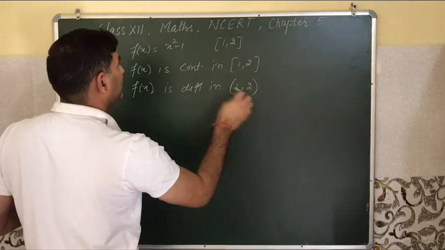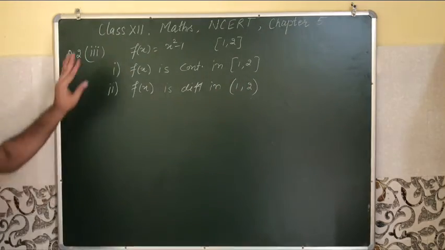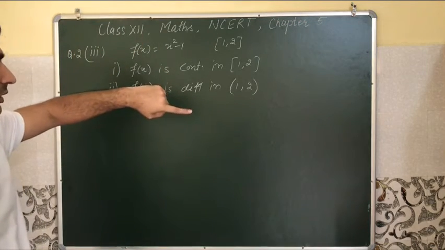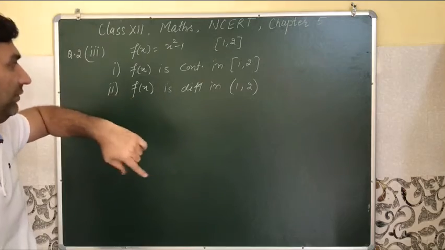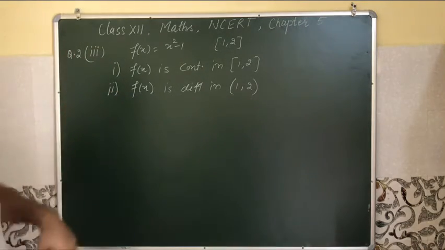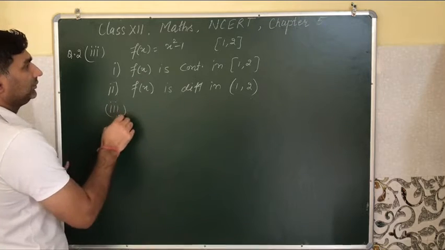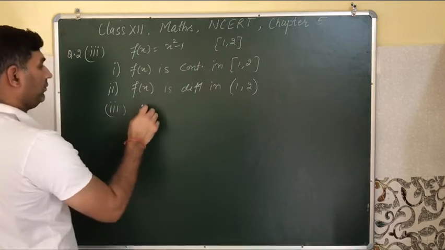Every polynomial function is differentiable and continuous everywhere. And the third one is the f of 1